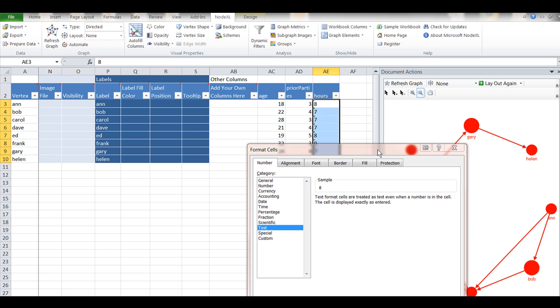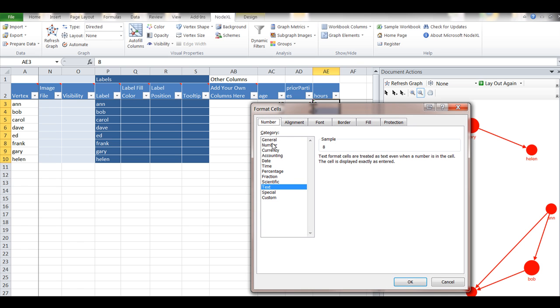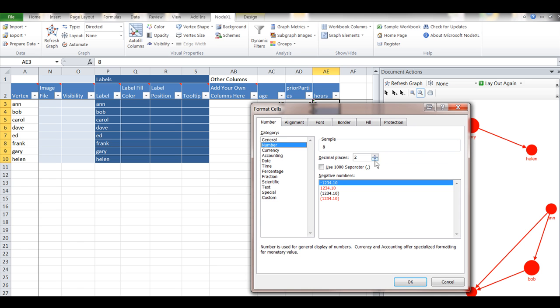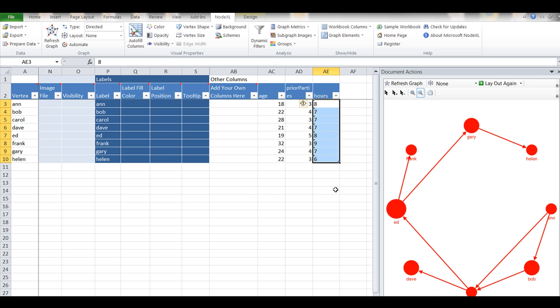So we can format the cells like that and go to number, no decimal places, and OK. That didn't work, did it? No, I don't know why that didn't work, but you can do it this way also. Go to here, and then you click this little exclamation mark and convert to number, like that. Now these are numbers. I already did that for these. But if you have numerical data, you probably don't want it to be treated as